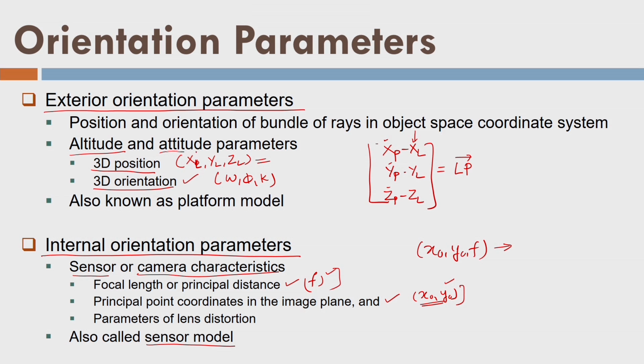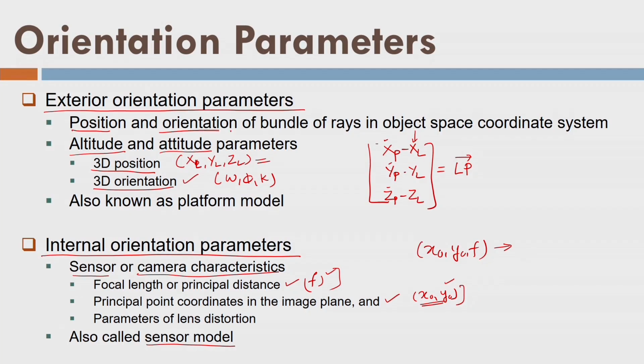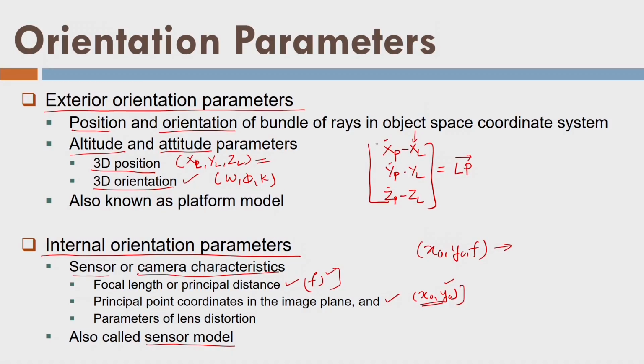Orientation parameters are called attitude parameters, and they are basically developing the relationship between the image and the object coordinate system. So, if this position and orientation are known, I can orient an image into the object coordinate system, and that is why they are called exterior orientation parameters. They are quite different from interior orientation parameters because interior orientation parameters fix the camera and image relationship. That means how a camera will acquire an image, in what position it will be, what is the position of the principal point, what is the focal length.